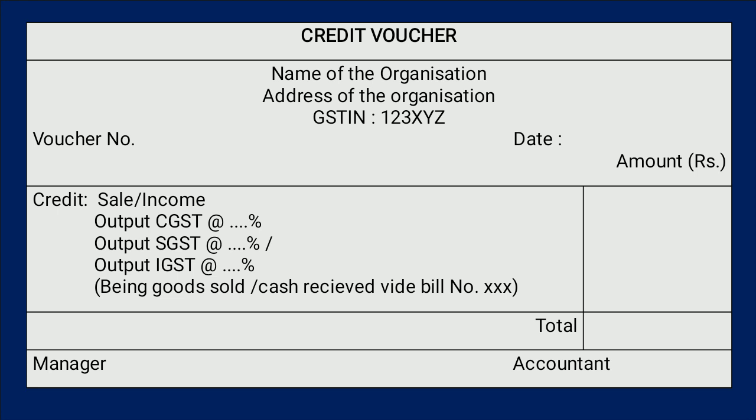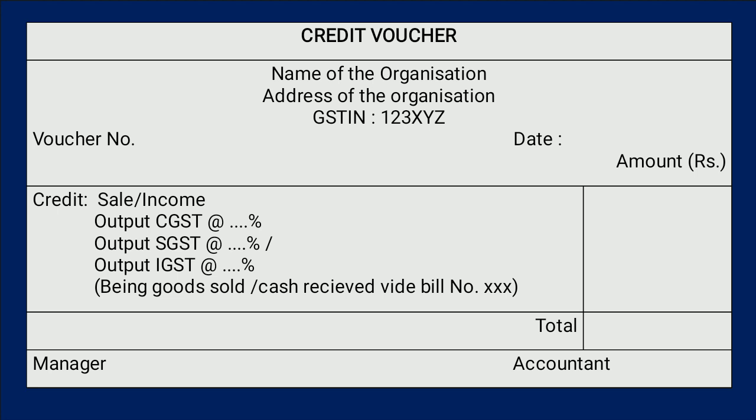And again we have to write the GST number. Okay, our GST number, that we have to write here. Then in the place of voucher number, we can write 1 2 3 4 5. Here in the place of date we have to write the date. As we know, we prepare a credit voucher at the time of receiving money. And in which circumstances do we receive money? We receive money at the time of selling goods, selling assets, or investment. So these are the times when we receive money, and at that time we have to prepare this credit voucher.